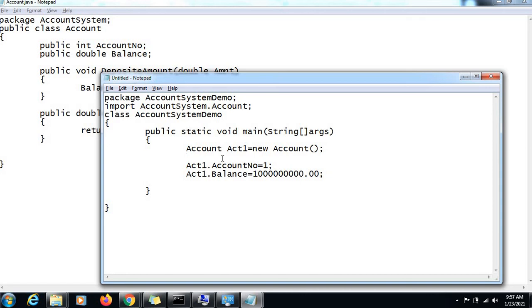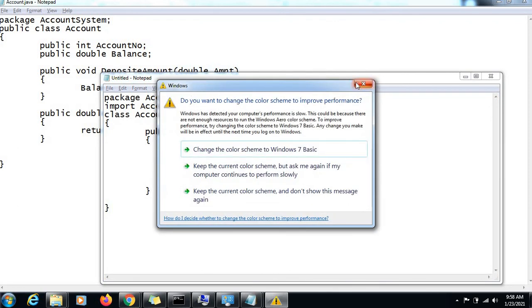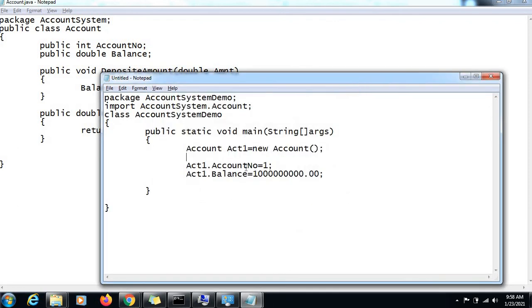But it may happen that the variables are not accessible to you in order to set your own data, because the class has not exposed them for security purposes, and that's what abstraction is all about. A class always decides which data are to be exposed and which variables are not to be exposed, isn't it? So that's the reason we need our own constructor. We don't want to rely on the default constructor, as we want to put our own data at the time of creation of our object, and that is the need for implementing our own constructors, which we are going to talk about now in our next video.